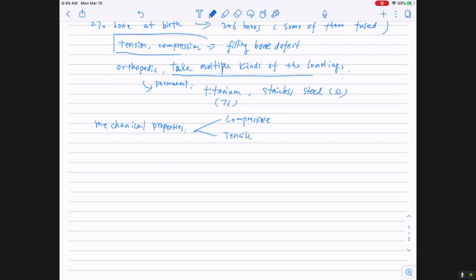So generally, for implantation, that's one example for the bone: a mechanical mismatch. And another thing is that we also know that if you have an extremely high modulus material implanted neighboring the host bone,